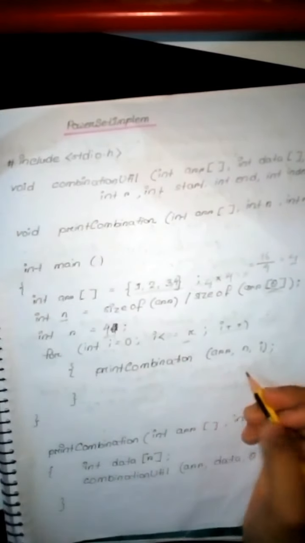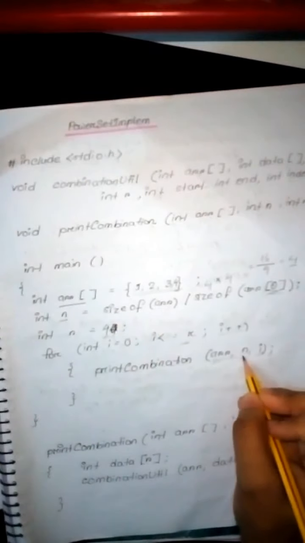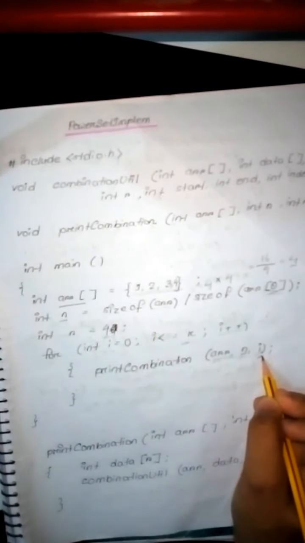Then we run a for loop to print all the combination values. For integer i equals to 0, we continue until i is less than or equal to r, that is until i is less than or equal to the size of combination. Until then i will be incremented, and inside that we write printCombination, and inside this we have arr, n and i. Here arr is the input array, n is the size of the array, and i is the variable that we are using to iterate each and every time until it's equal to the size of the combination.